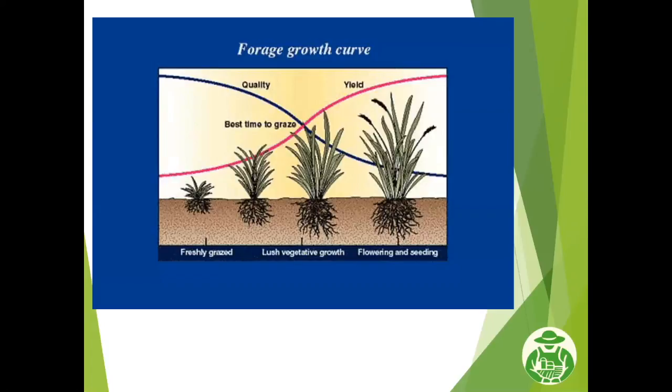Now there is this sweet spot of grazing. We call it the phases of grass growth and reproduction. So when we look at this growth curve, we see this optimal time to graze, and that is what we call phase 2. When we have a plant that is freshly grazed and taken down to that take half, leave half, we start to see that regrowth come. And as it reaches phase 2, as you'll see on the screen where the X crosses, that is the best time to graze. That's phase 2, where we have